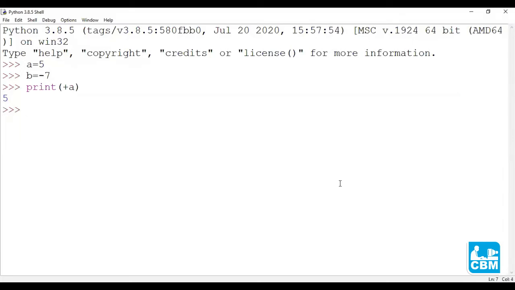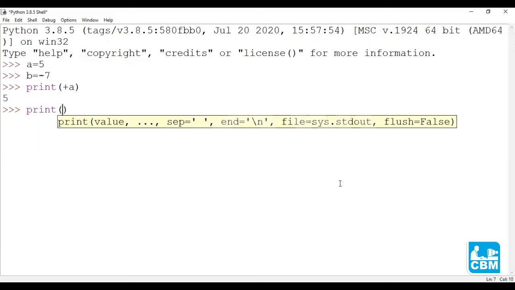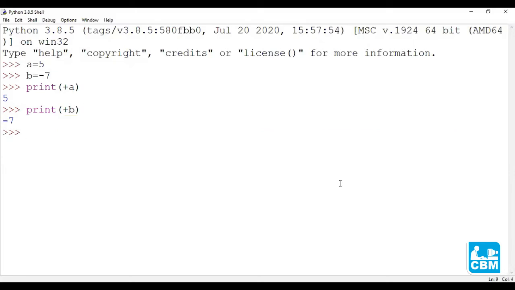As you can see, the value of A has been printed as it is. Now I want to print the value of B as it is. So I'm going to write print plus B and press enter. So I got the output as -7.